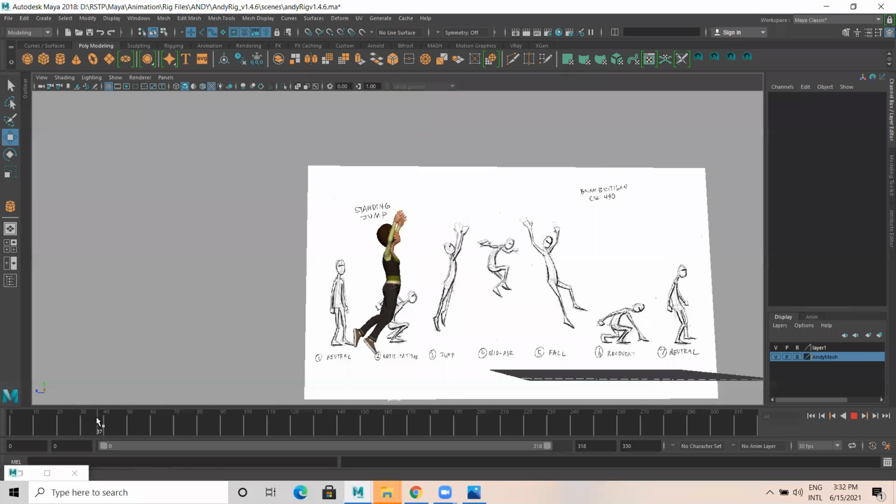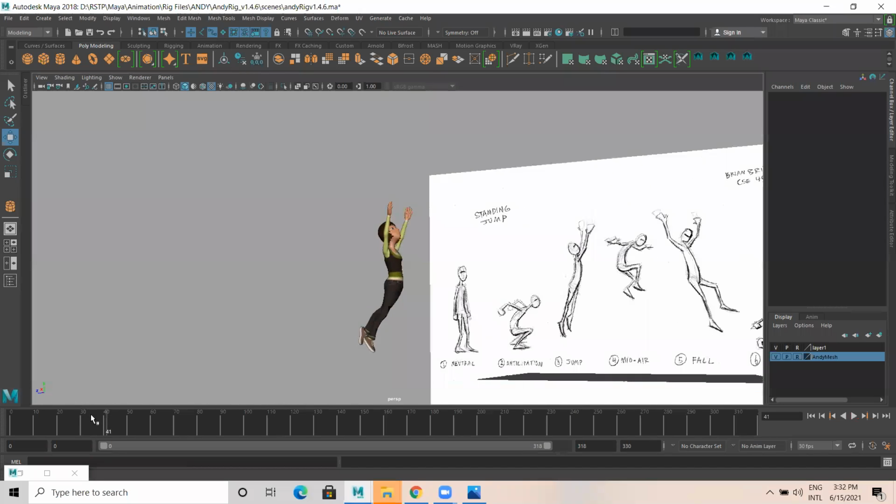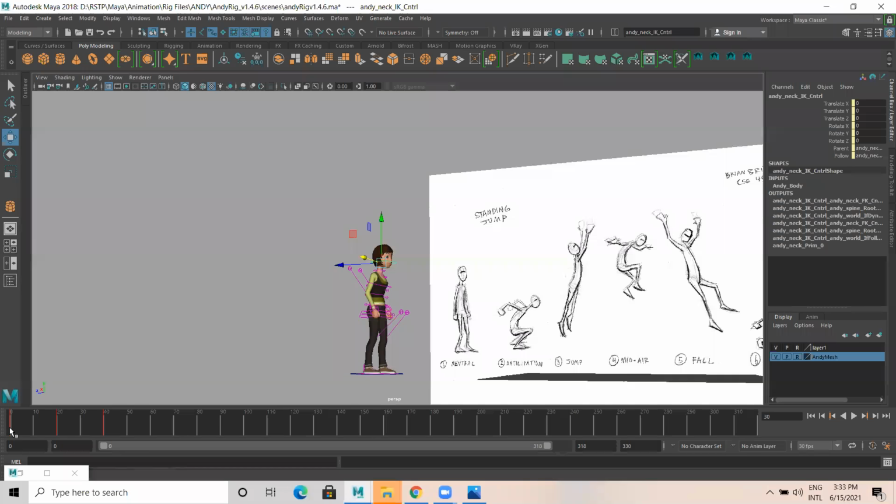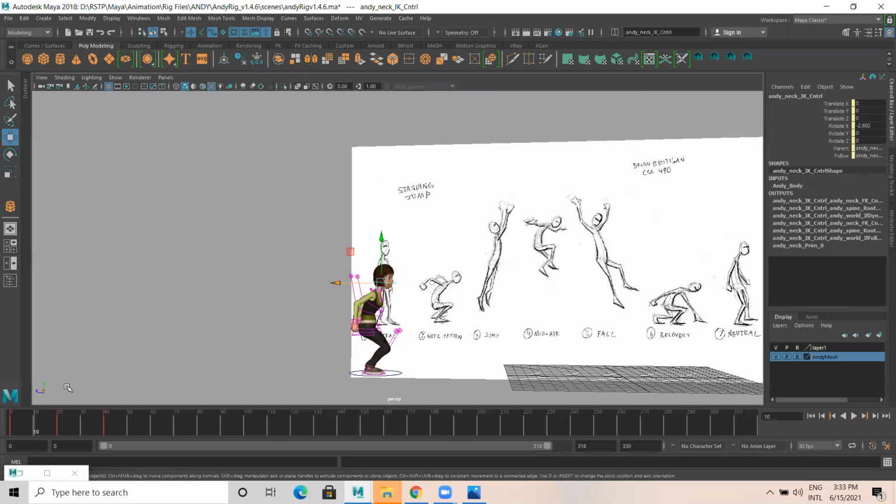So if poses are good, our animation will be good. Later, for example, see frame 30, there is a breakdown, or frame 10. These are the in-betweens, you can call. We have done the key. If you select the curve, you will understand where we have done frame 0, frame 10, frame 20, frame 40, right? So these are the in-betweens where we add or correct the pose when we are doing the animation. Okay. So got it?